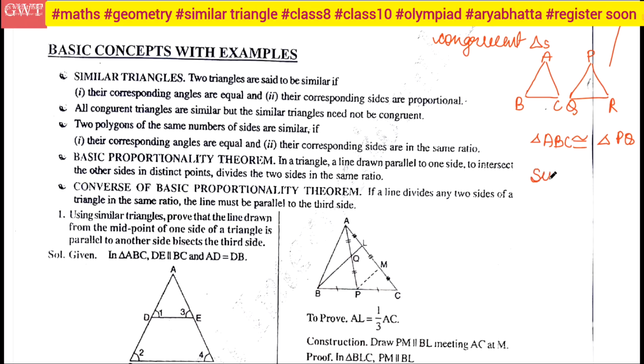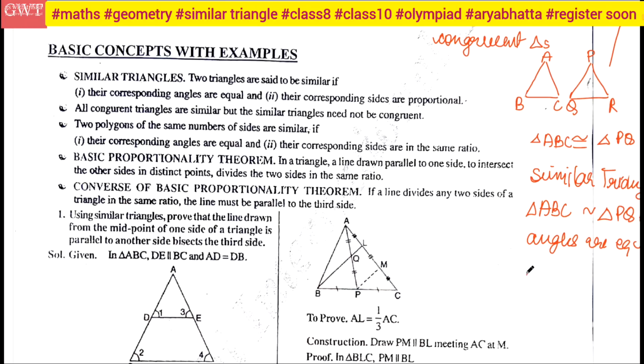But if I am saying they are similar triangles, that is, triangle ABC is similar to triangle PQR, what will happen? They are only similar, which means their angles will be equal. Angles are equal, right? And their sides are not necessarily equal; maybe they can be equal, but it is not necessary. They can be in proportion also. But in congruency they are just overlapping. In similarity, it doesn't need that they should overlap. They are proportional, and that will also satisfy the condition of similarity.